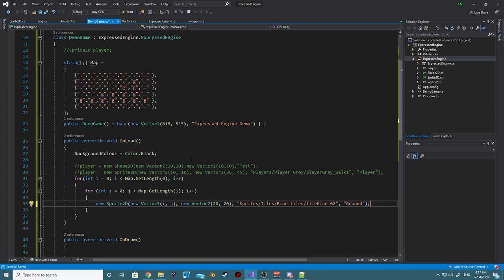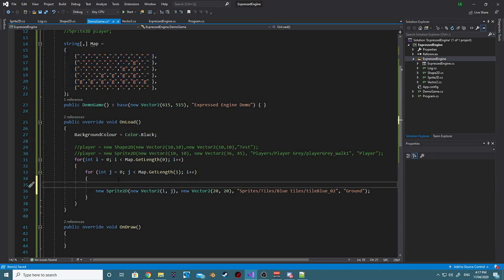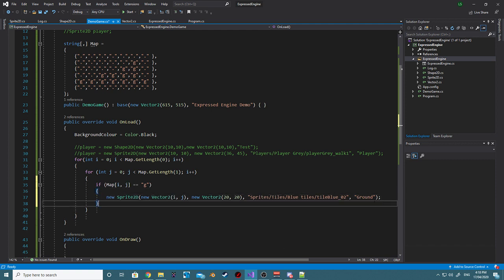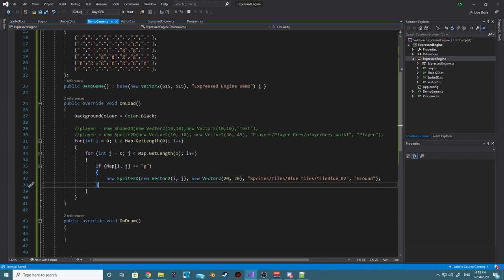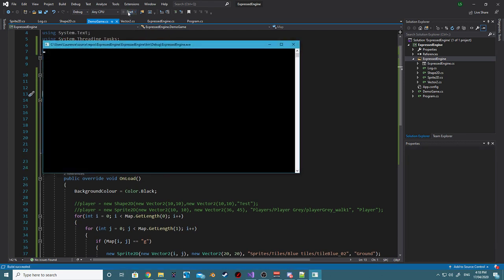Okay, so if we leave it like this, this will fill our entire array with that block, which we don't want. So we kind of want to say if map i and j is equal to the letter G, then, only then, do we want to actually create our sprite. So right now, you need to understand this isn't part of the game engine, this is part of our game. So if we start this,